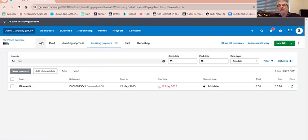So far, in just a few minutes, we've entered 2 sales invoices, one for consultancy and one for rent, which we set up as a recurring monthly invoice. We've also now added a purchase invoice or a supplier invoice from Microsoft, which was emailed directly into the system. Just before we go on to payments and receipts or whatever you want to go on to, can you just refer to HubDoc and scanning in